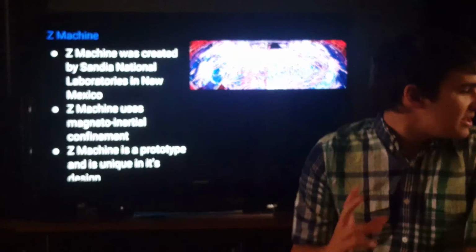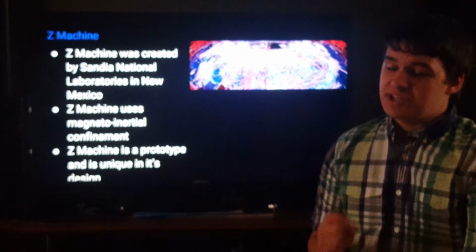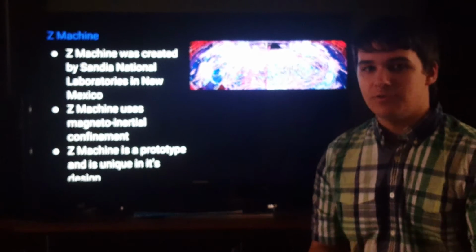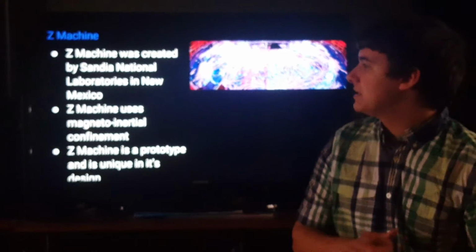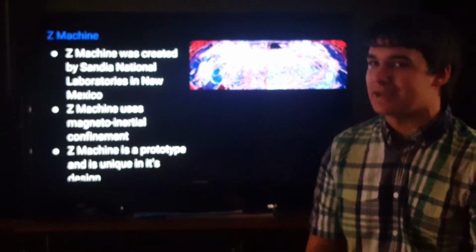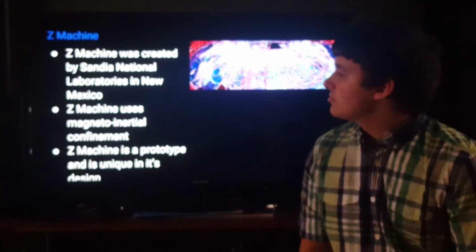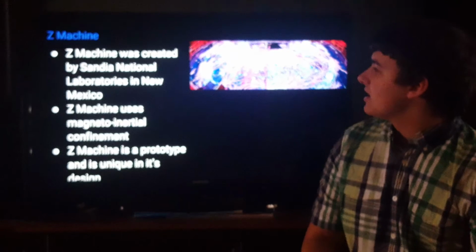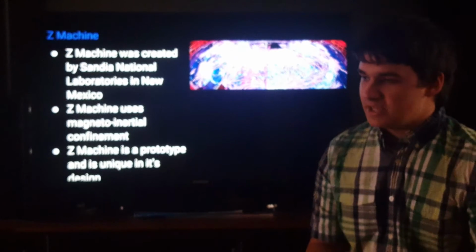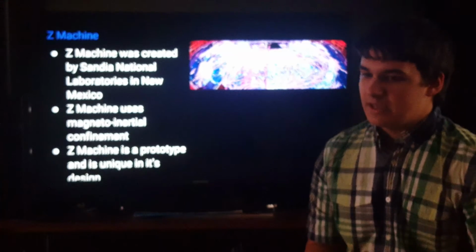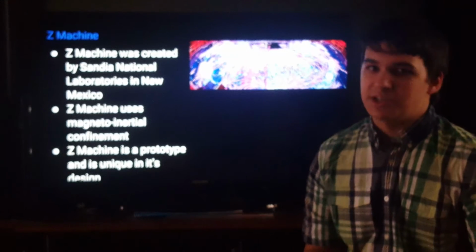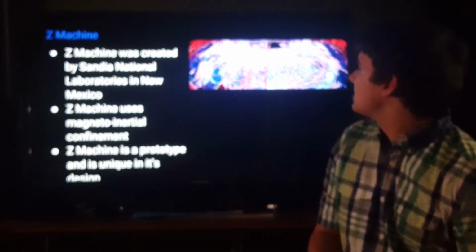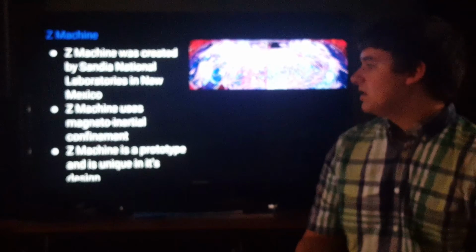So the last reactor we're going to be talking about is the Z-machine. The Z-machine is a specific reactor versus the other two, which there are multiple of. The Z-machine was created by Sandia National Laboratories in New Mexico. Sandia National Laboratories is just a national scientific program. They have tons of different projects, but we're going to be looking at the Z-machine, which is a specific fusion reactor. The Z-machine uses something called